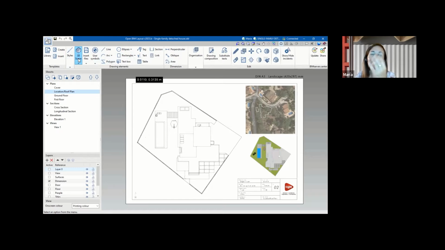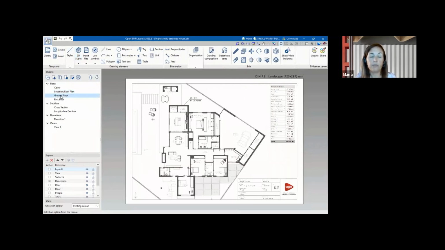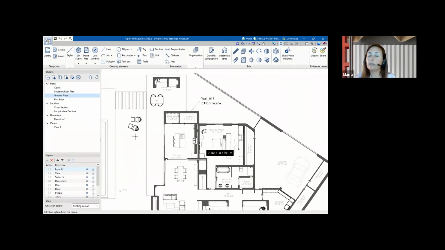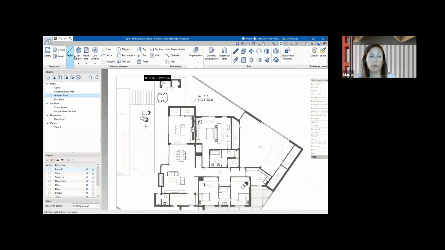Perfect. Also, I'm going to show it graphically now, okay? Here you can see this is exactly from the single family detached house we have seen earlier, okay? But how did we get this? How was this possible? Well, this was possible because here in 3D scene